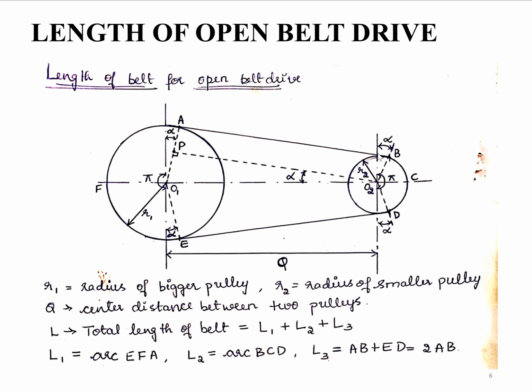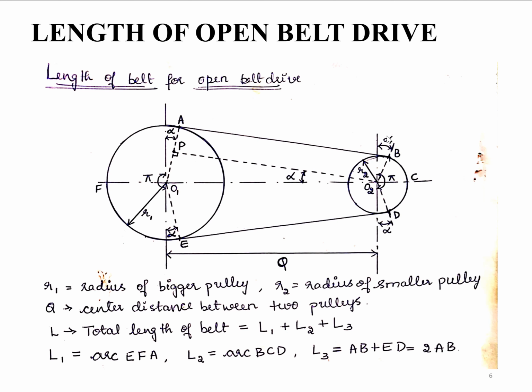And in the same way, if I go to this side to find the arc length, here BCD will be less than 180 degrees. So the belt in contact with the driven pulley is less than 180 degrees. That is nothing but 180 minus 2 alpha. So on this side it is 180 plus 2 alpha, and on this side it will be 180 minus 2 alpha, in radians or in degrees.